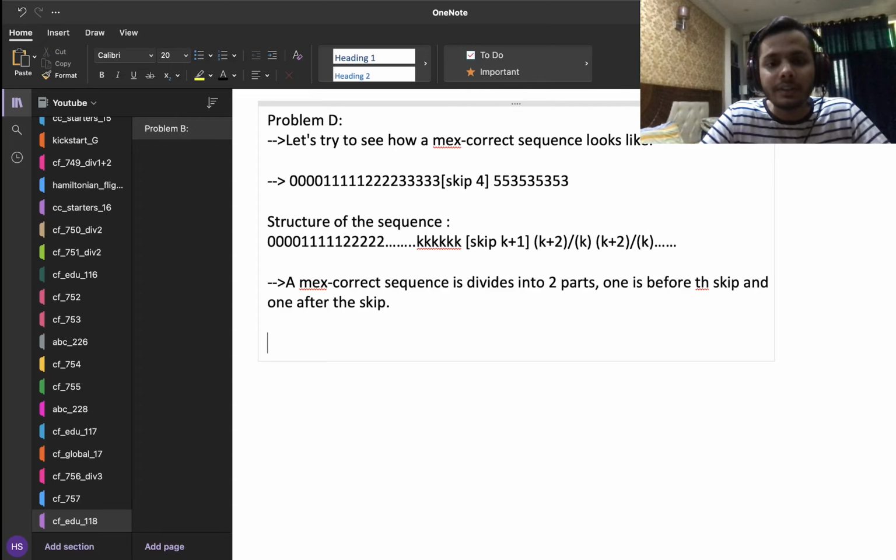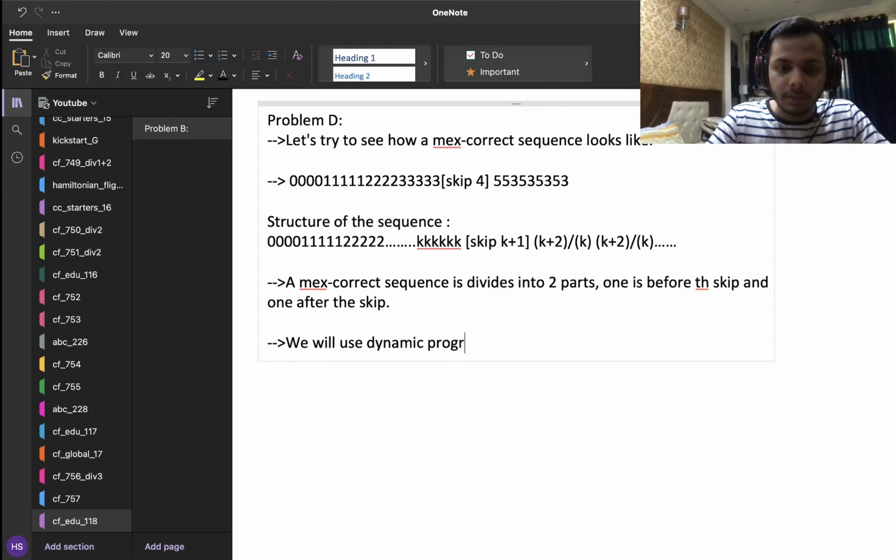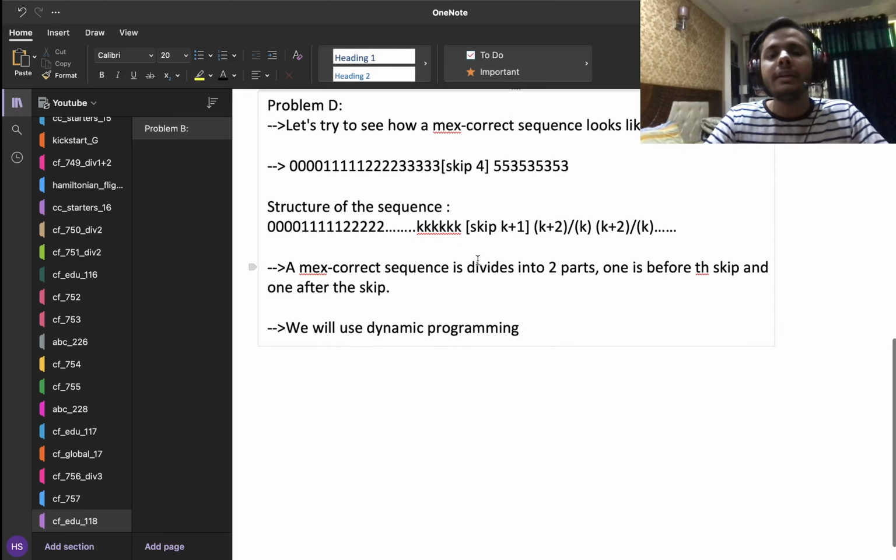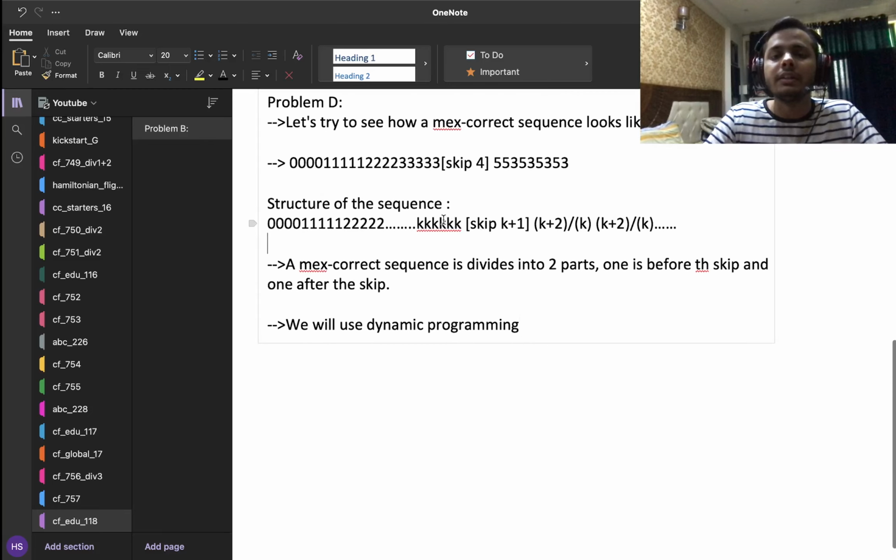There have been contests where such problems have been asked, and the way to do such problems is to use dynamic programming. In such situations where the sequence is divided into two parts, where something is happening in the first part or something is happening in the second part, and sometimes there are also more than two parts, so those are handled separately.